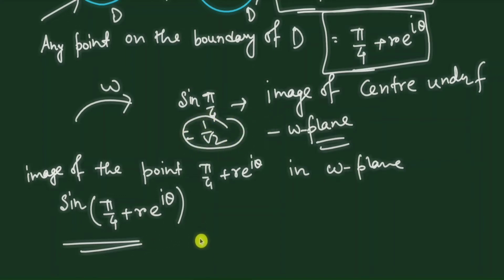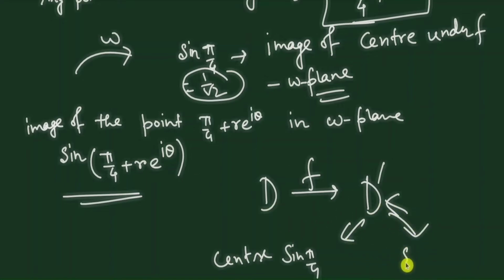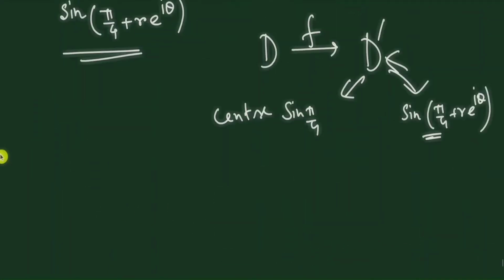That is, the image of the disk D under the map f, D dash, is also a disk with center sine pi by 4, and any arbitrary point on the boundary of this disk is sine of pi by 4 plus r e to the power iota theta. Since this is a fixed distance from the center, it gives the radius of the disk